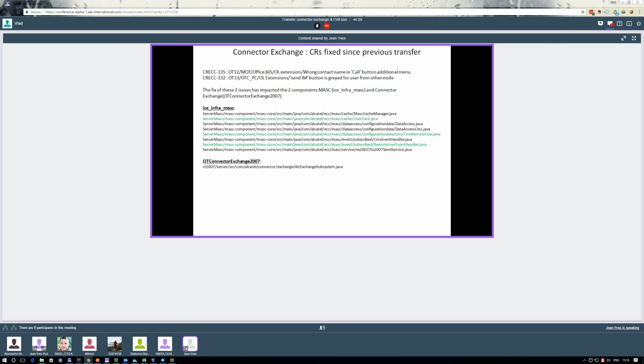The fix of the two issues has impacted two components, the mask and the connector exchange. In the mask, some new classes have been added. They are in the green color, and the issue consists